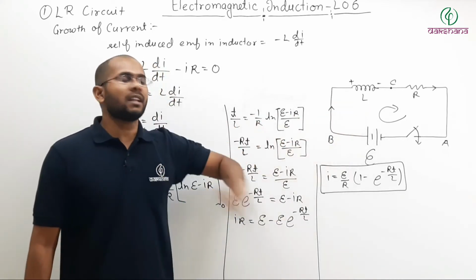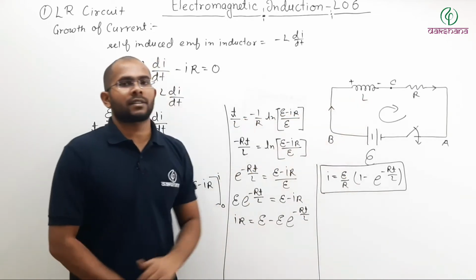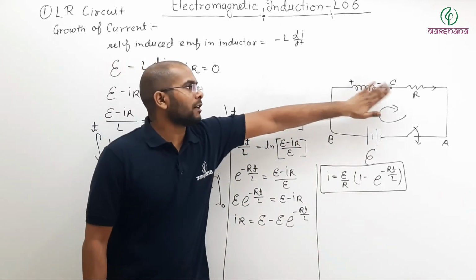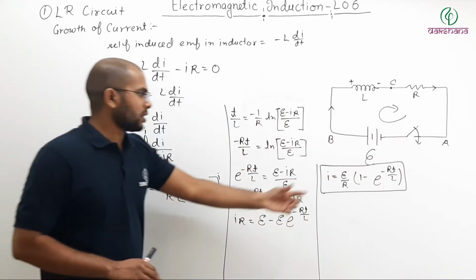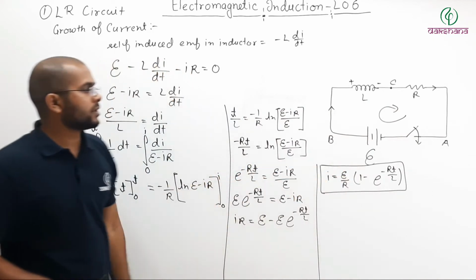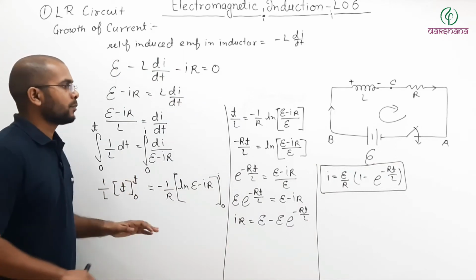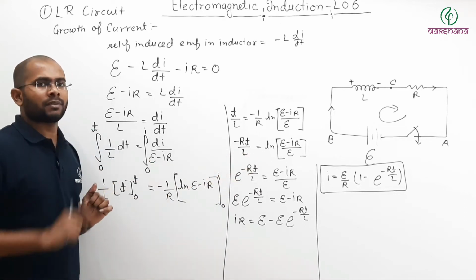Now remember, why is the current coming as a function of time? Only because there is an inductor. If the inductor was not there, and there was only resistance, then the current would immediately become maximum. So this way you can use this formula to find the current as a function of time. Pause the video, note it down, then we will discuss that formula a little bit further.